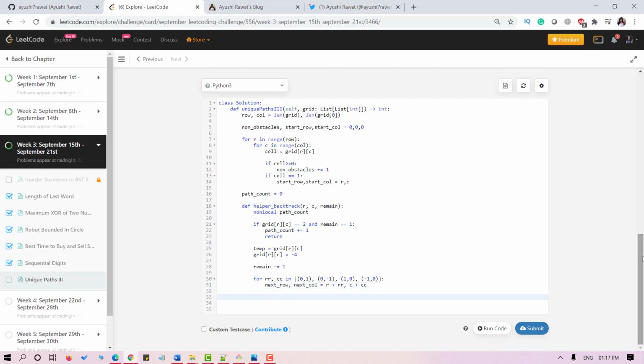Now I'll update next_row as row plus dr and next_col as col plus dc.